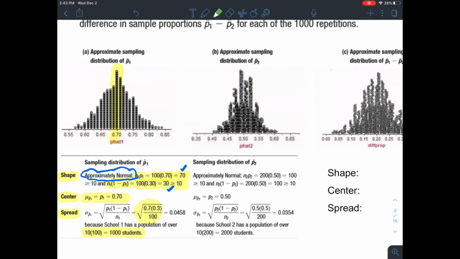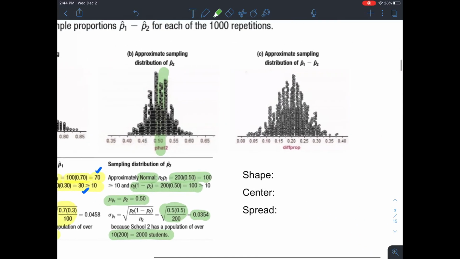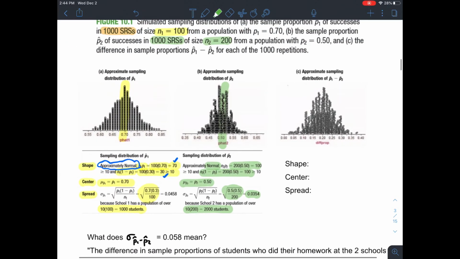Okay, we could say essentially the same thing here for describing the shape, doing that large counts condition here for school 2, the center, as well as the spread, doing the 10% condition. Okay, and we can see the center there feels like it's about at that 50% mark. Okay, what we're going to be focusing on in this section is over here at